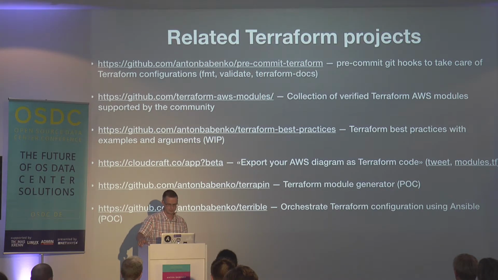nothing should be changed. So Terrapin is another one, where I want to generate resource modules in a simpler way, which includes documentation, testing, examples, README, changelog, license, whatever else. I don't remember, it's like 9 items from a single code base, because I have access to the Terraform source code already. I know what kind of arguments all resources accept, what kind of attributes they output, and so on.